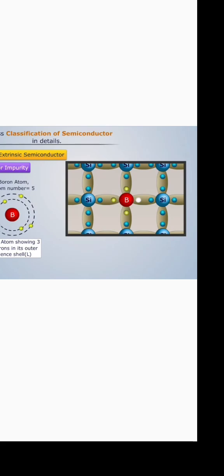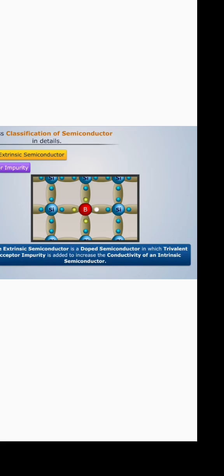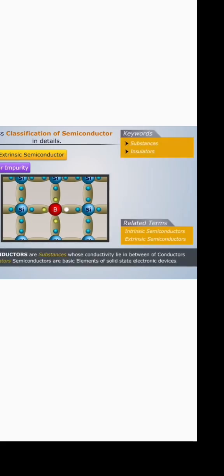Now, when a small amount of trivalent or acceptor impurity is added to a pure or intrinsic semiconductor, the resultant semiconductor is called a P-type extrinsic semiconductor. Thus, a P-type extrinsic semiconductor is a doped semiconductor in which trivalent or acceptor impurity is added to increase the conductivity of an intrinsic semiconductor. The related terms are